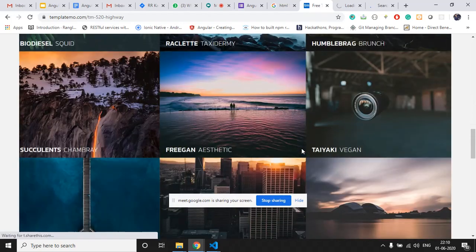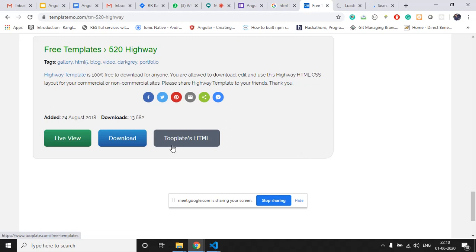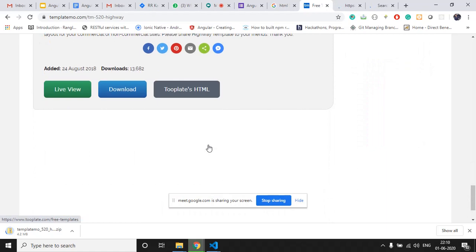So this is an HTML5 template, and this is the download button for it. It has just started downloading that particular template.